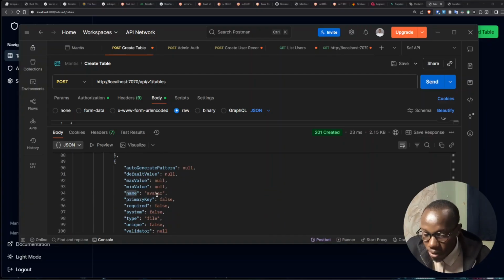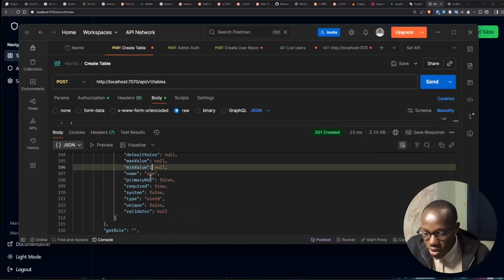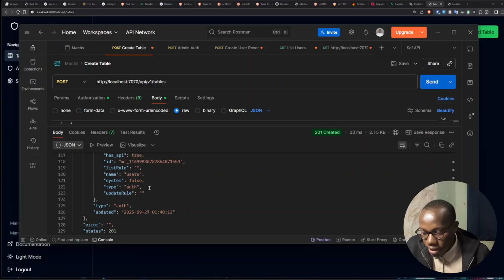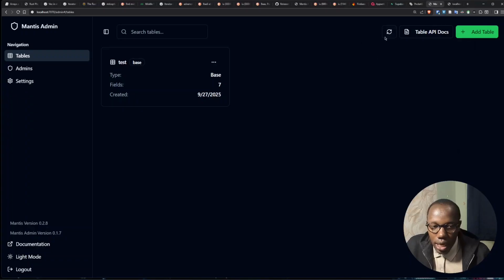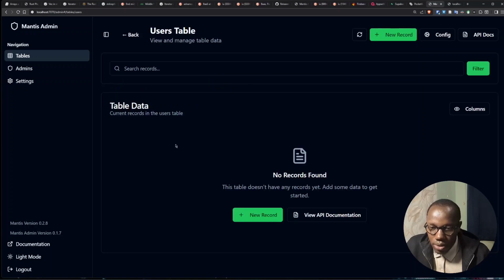So for this particular one, avatar is what we were adding in, an avatar, and then the age. So this table is now created in our database, and if you switch back to our admin dashboard here, we can refresh by hitting this refresh button in our tables page, and we now have this users table. If you click on it, it's actually empty here. So if you go back to Postman,